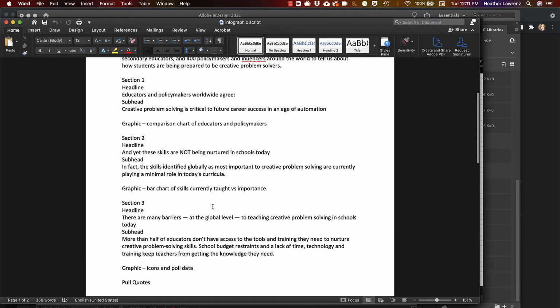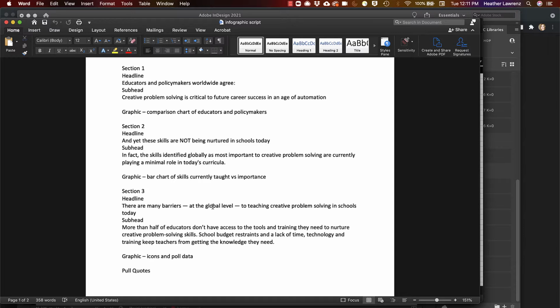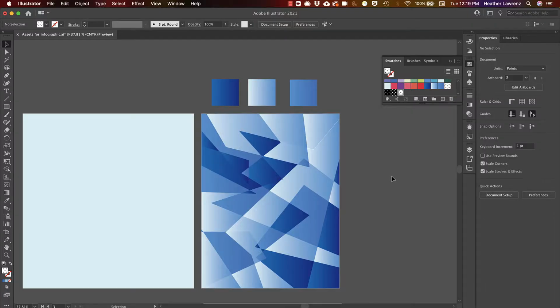And then I find it helpful to think about things in sections. And so each section could have a subhead, or in my case, a headline and a subhead. And then within that, I'm writing down what content I'm going to have in that. Is it text? Is it graphics? Is it pull quotes? So I have an idea of what I'm going to create. So those are my resources and where we're headed with remaking this Adobe infographic and exposing you to some really cool information about creativity. So we're in Illustrator, and I'm just going to quickly show you how to set up